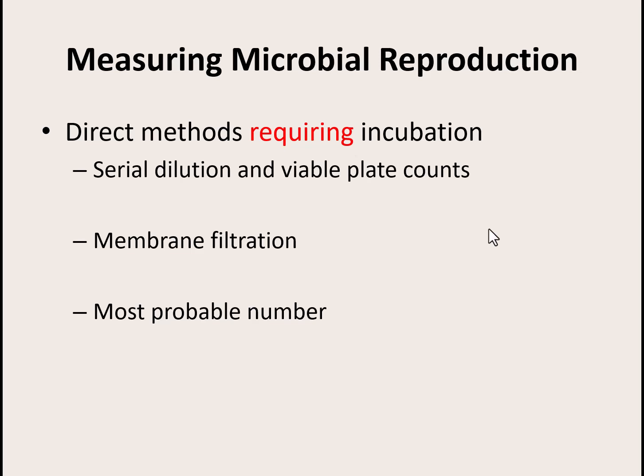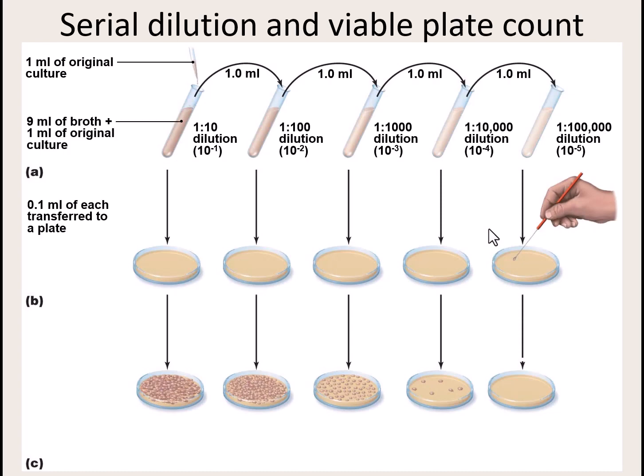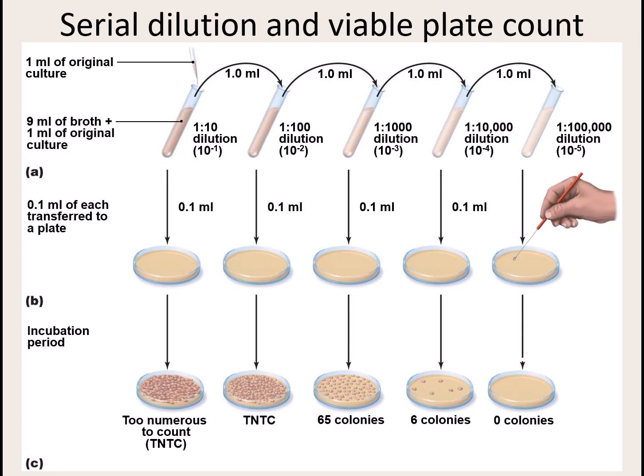We take our original broth, super concentrated, and we start diluting it. 1 to 10 dilution, another tenth of a dilution, we're at 100, another tenth, we're at 1,000, another tenth, we're up to 10,000, and then another one, as we put it on the plate, we can be up to a 100,000 dilution. Well, if we know how many times we've diluted it, and even if we don't put a full mil on a plate, we're only going to put 0.1, which is technically another tenth dilution, we